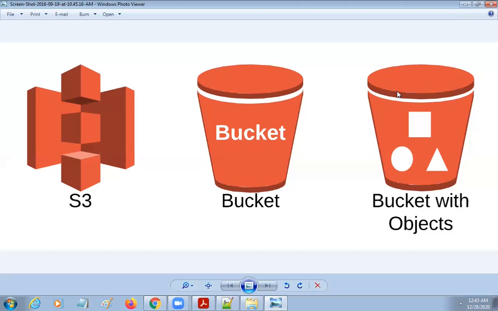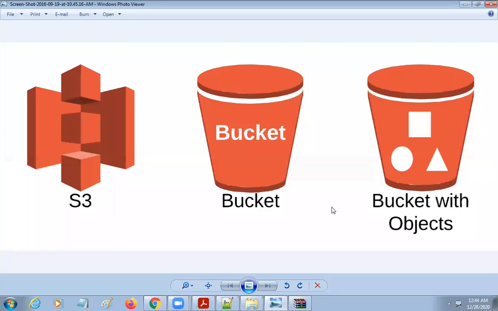For practice purposes, you can make the objects public. Then how do you achieve this access when you are working with your project? There we have IAM, the Identity and Access Management web service. With that, we will give access to the S3 data to a particular user. Those things we will discuss in the next sessions. But as of now,